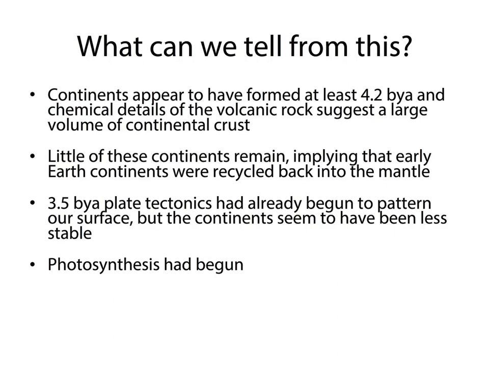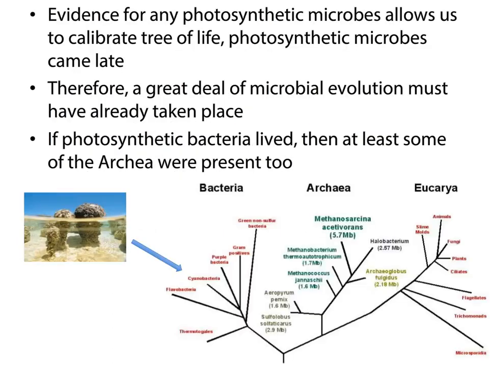Something else to keep in mind, though, is that by this time, photosynthesis had begun. Okay, and remember, photosynthesis is a pretty complex process, and it's not like turning on a light switch, where all of a sudden it was there. If photosynthetic critters were alive 3.5 billion years ago, that meant the true origin of life most likely happened way before then, which is so cool and really fascinating, because it suggests that life began much earlier than we thought.